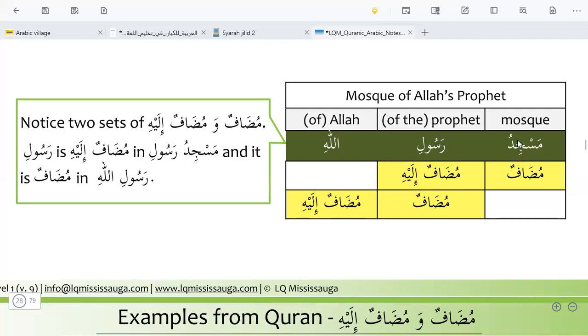Here masjidu is mudaf and rasuli is mudaf ilayh. The second is Rasulullahi. Because it is mudaf ilayh and it is majroor here, it doesn't take fatha. It will be Rasulillahi. When there are two mudaf and two mudaf ilayh,